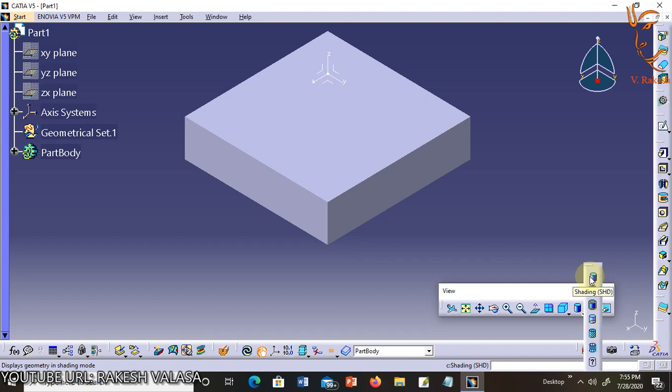The first one is shading. This tool shows the solid shaded without any edge line representation.